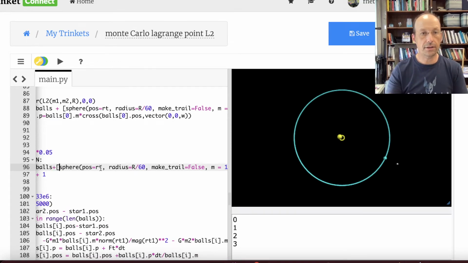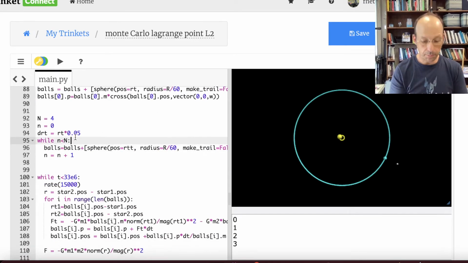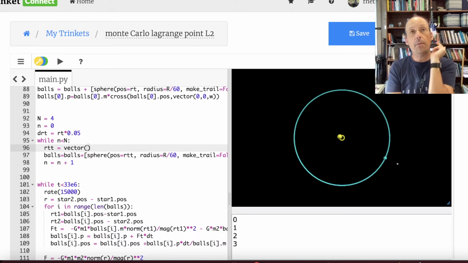And let's call this RTT. And let's find out my new position. So up here, I'm going to say RTT equals vector. Now, I can generate a random number between 0 and 1, but I want a random number between negative RT and RT. So this is going to be